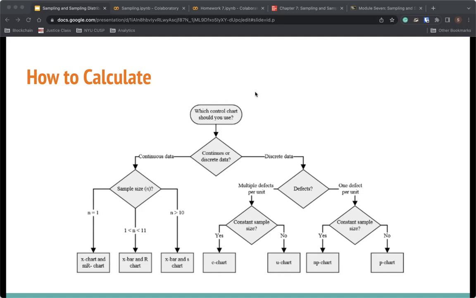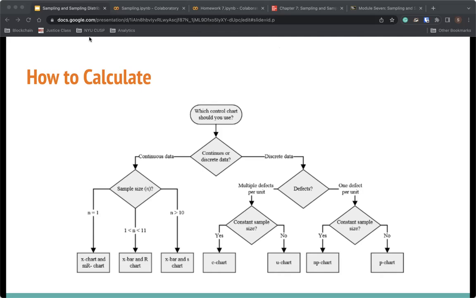We'll just be talking about a continuous cycle of data, and we have a sample that is large enough where we can use this X bar chart, which monitors the central tendency of a production process. We can also use something that looks at the variability of a production process. And this essentially covers all our boxes for what we'll be doing in class: we have continuous data and we have a sample size that is between 1 to 10 or more than 10. And so we can use this X bar chart, which is really all we'll be doing in our class,